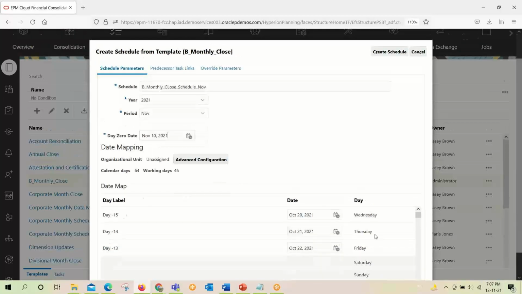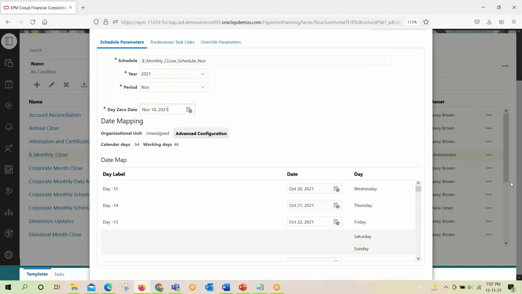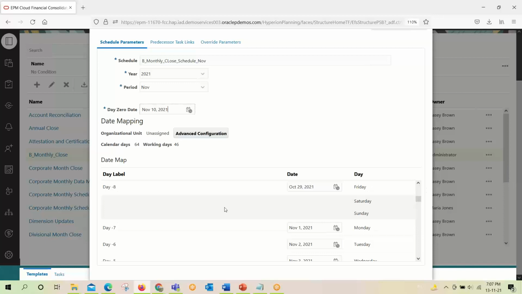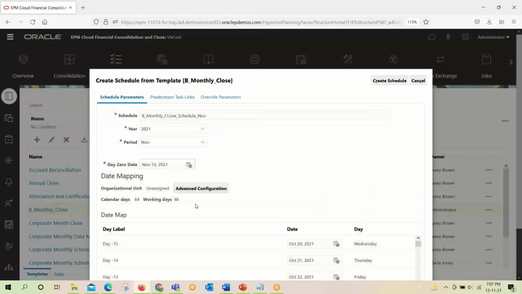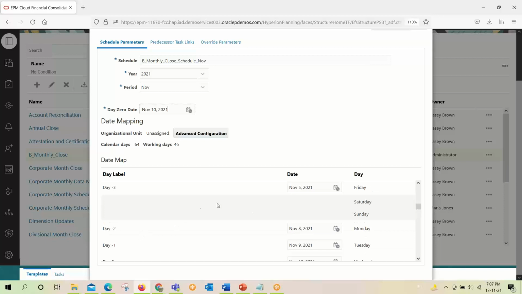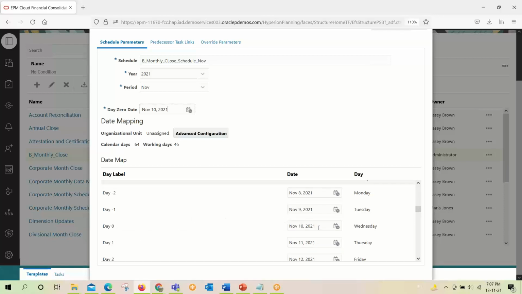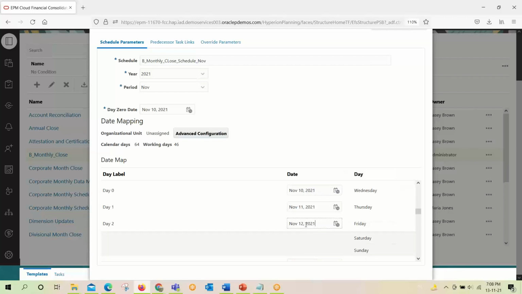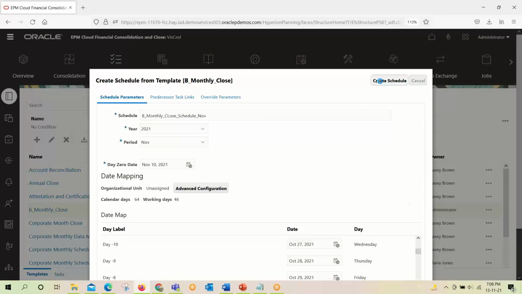Once we have given the zero date, we can see it has allotted the dates according to the durations which we have given. Our zero day is 10th November 2021. Minus day 1 is November 9, minus day 2 is November 8. Similarly, day 1 is November 11 and day 2 is November 12. And we will create the schedule.